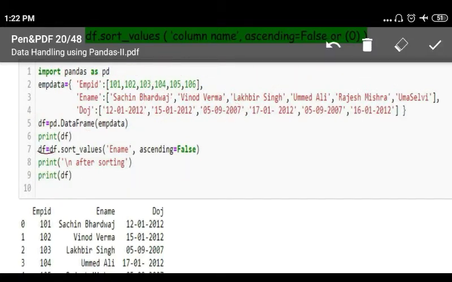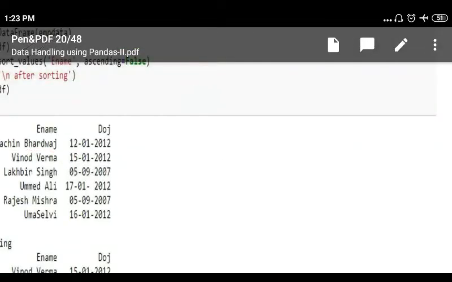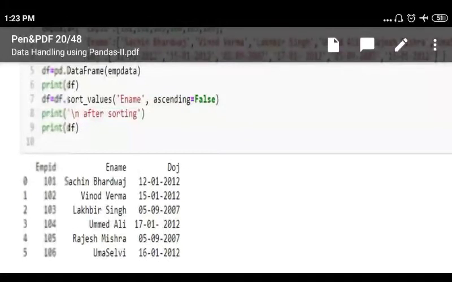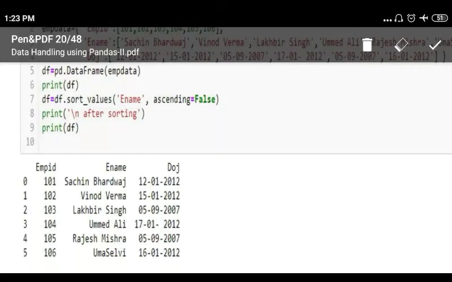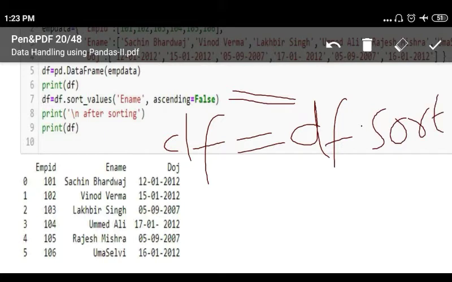df equal to df dot sort_values. The result will be stored, sorry, the result will be this. Line number 7 is important. df dot sort_values is the function.